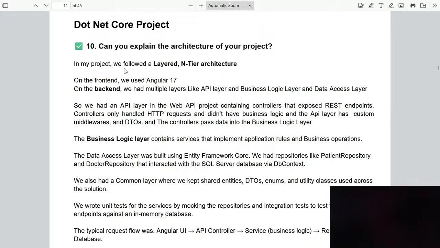In my project, we followed the layered architecture. On the front end, we use Angular 17. On the back end, we use multiple layers like API layer, business logic layer, and data access layer. So we had an API layer in the web API project containing the controllers that expose the REST endpoints, and controllers only handled HTTP requests and didn't have business logic. And the API layer has custom middlewares and DTOs, and the controllers pass the data into the business logic layer,